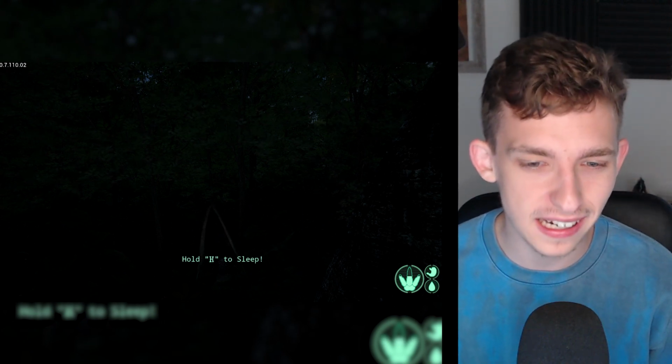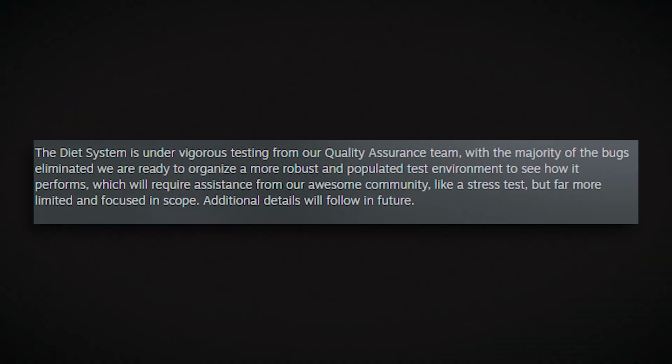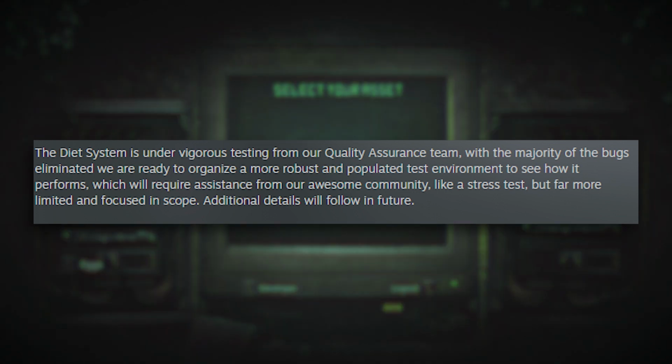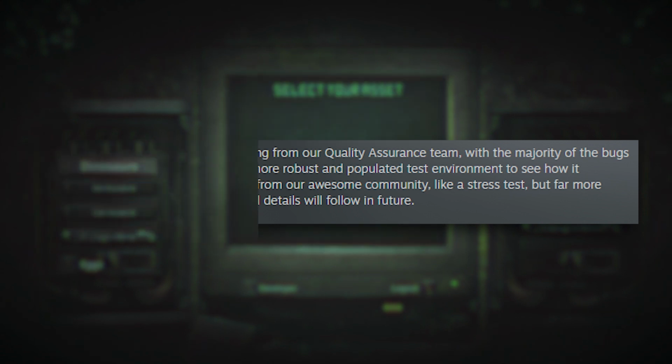Firstly, Felipe, the lead programmer, said this about the diet system. The diet system is under vigorous testing from our quality assurance team. With the majority of bugs eliminated, we are ready to organize a more robust and populated test environment to see how it performs, which will require assistance from our awesome community like a stress test, but far more limited and focused in scope. Additional details will follow in the future, which is very nice to talk about because it means